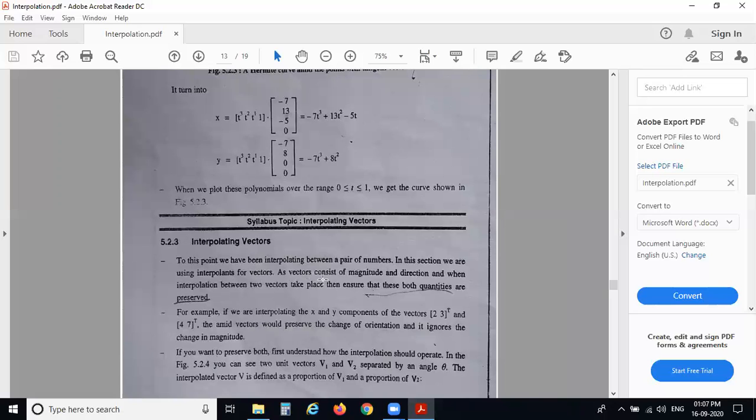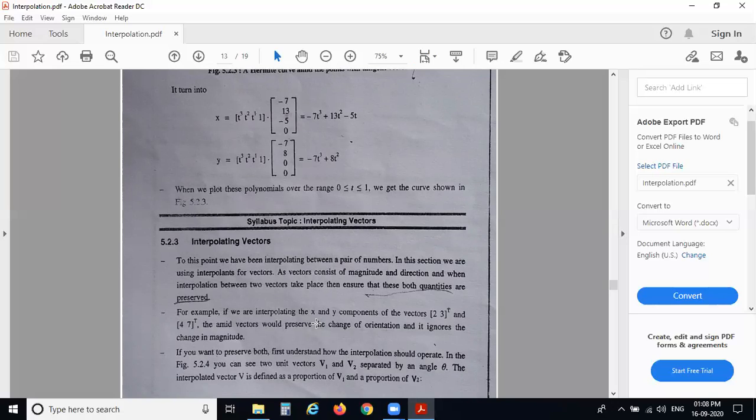So to this point, we have been interpolating between a pair of numbers. So for interpolation between pairs of numbers, we use interpolating vectors. Okay, because a vector consists of both magnitude and direction, and when interpolation between two vectors takes place, we must ensure that both quantities are preserved. Okay, so there is a need to ensure the quantities of those particular vectors, which are magnitude and direction,